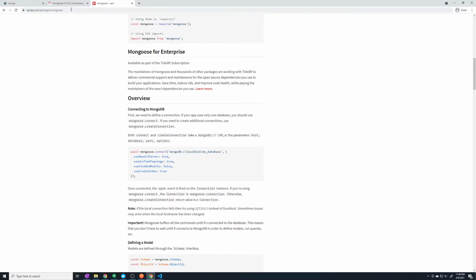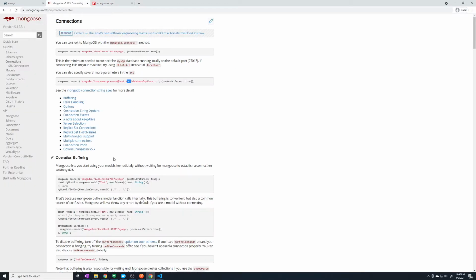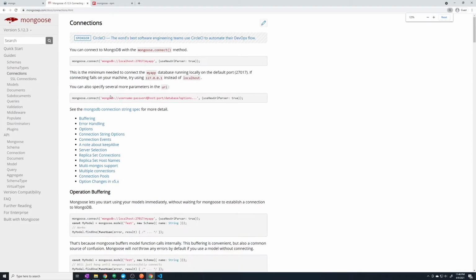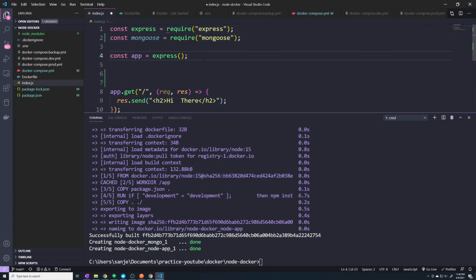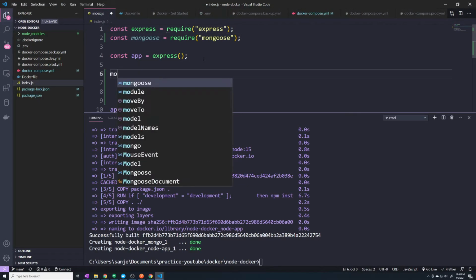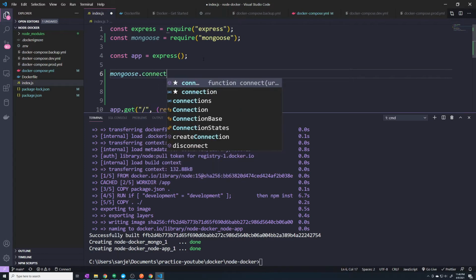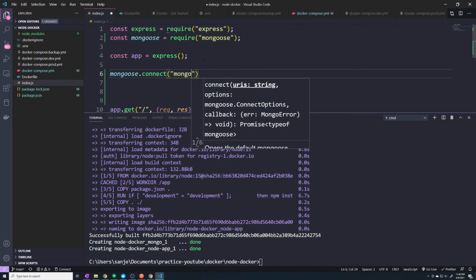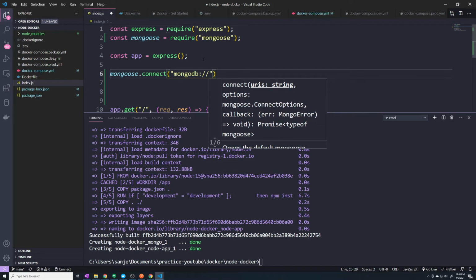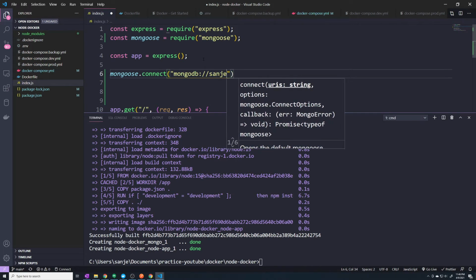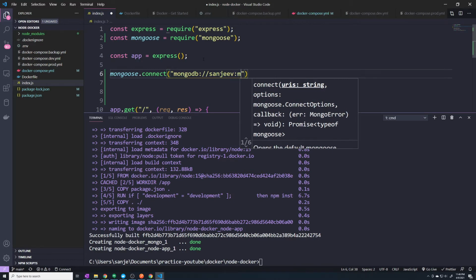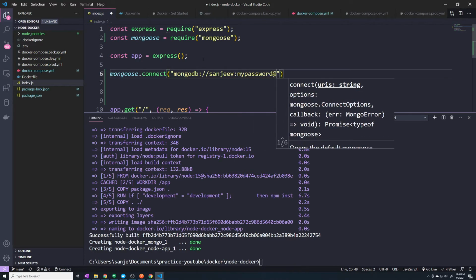And so the full URL, if you pull up the actual Mongoose documentation, it's going to look something like this. We do mongodb://, then your username, your password, the IP address of the host, the port, and then some options as well. So under here, we'll do mongoose.connect, mongodb://, and then here you pass in your username. So mine's Sanjeev, and then the password's going to be my password